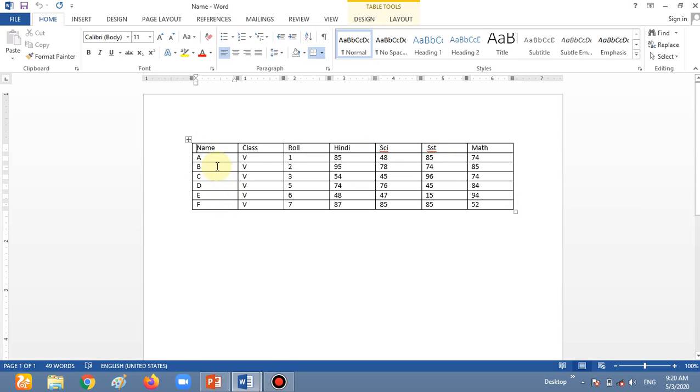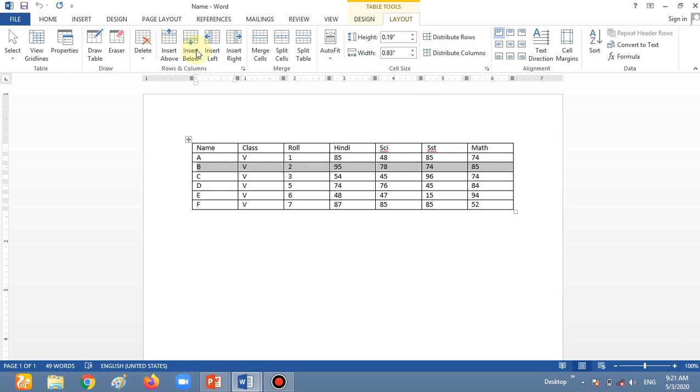If I want to take a cell between the B and C, हमको B and C के बीच में एक पूरा कॉलम चाहिए, ठीक है? तो क्या करेंगे हम लोग? B और दोनों में से किसी एक को सेलेक्ट कर लेते हैं, किसी भी एक को, ठीक है? मैंने एक को सेलेक्ट कर लिया है, मैंने B को सेलेक्ट किया. अब मैं फिर से जा रहा हूँ कहाँ? लेआउट ग्रुप में, और इंसर्ट बिलो,